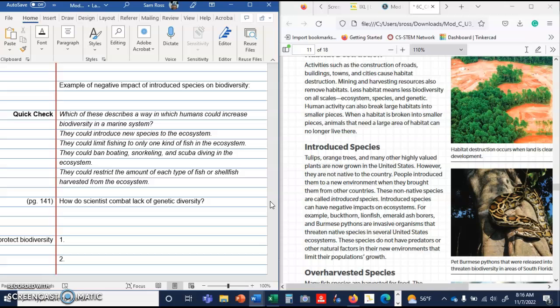So an example of a negative impact of introduced species on biodiversity would be an invasive species. So an invasive species,